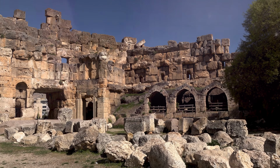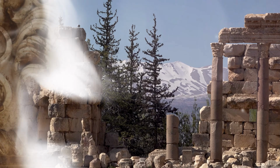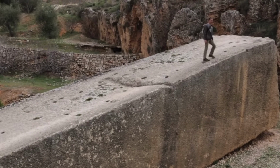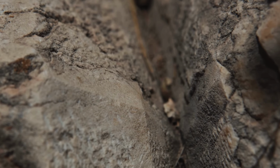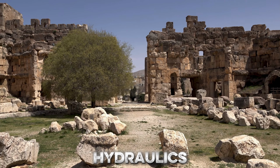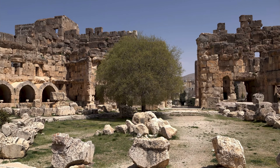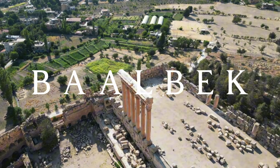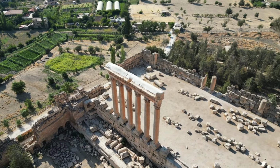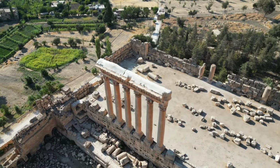How do you move a stone heavier than 4 fully loaded Boeing 747s? Not with any crane currently operating on Earth. Not with diesel engines, cables, or hydraulics working at that scale. And yet, someone did. At Baalbek, in modern-day Lebanon, 3 limestone blocks sit inside the foundation wall of the ancient